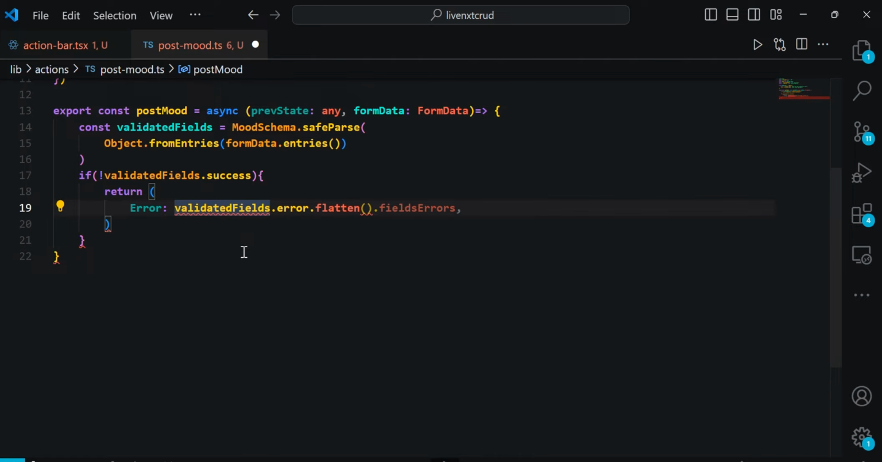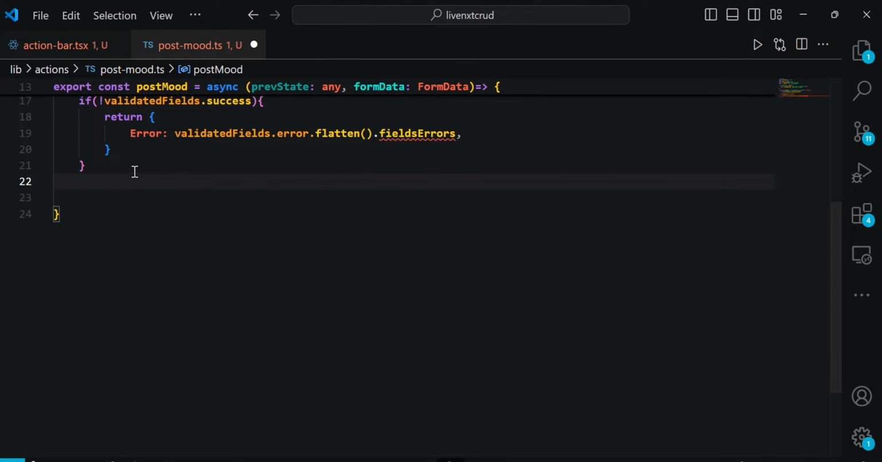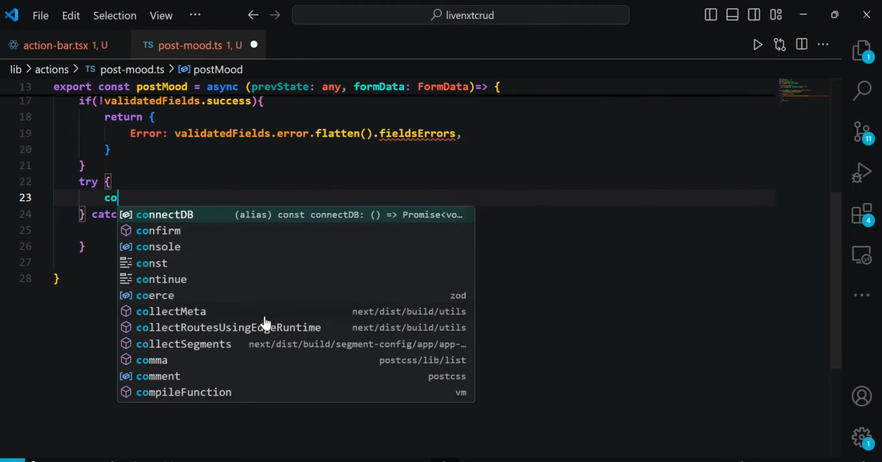Let's see, error validated fields. I misspelled something here. I put parentheses instead of brackets. That's why it's yelling at me. All right. And then underneath that validation, we'll add a try catch block, and we'll say const